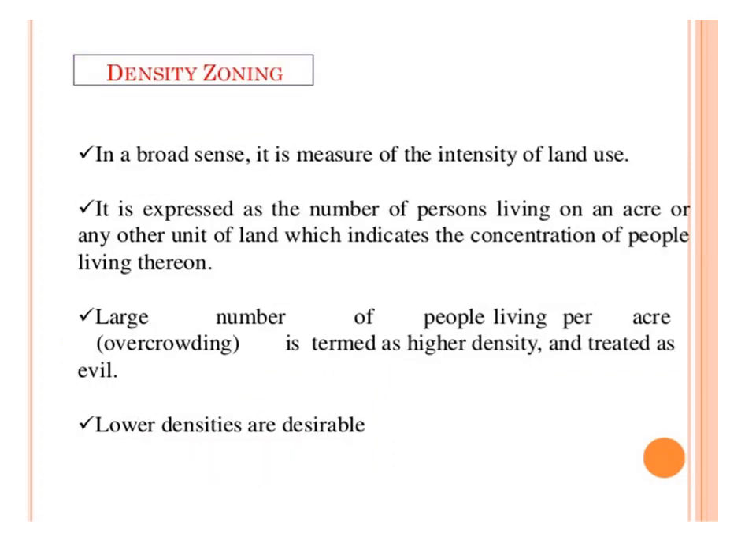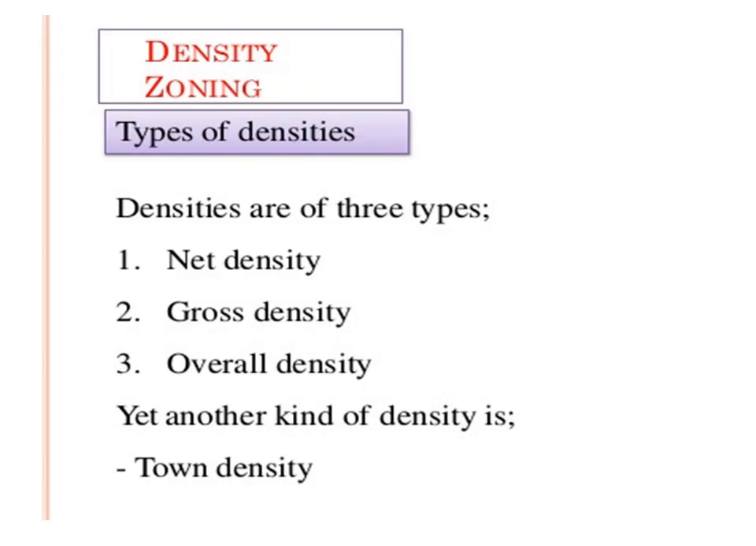In a broad sense, the density zoning is a measure of intensity of land use. It is expressed as the number of persons living on an acre or any other unit of land, which indicates the concentration of people living thereon. Then large number of people living per acre indicates overcrowding and is also called higher density and treated as evil, whereas lower densities are desirable. Then following are the density zoning types. They are net density, gross density and overall density